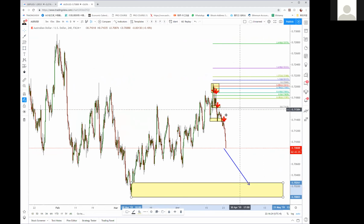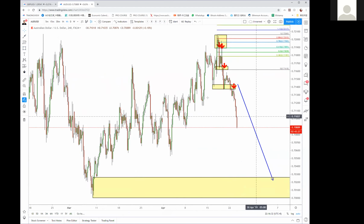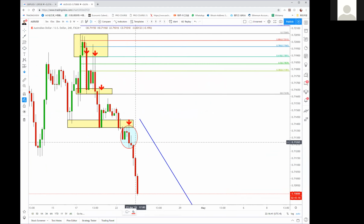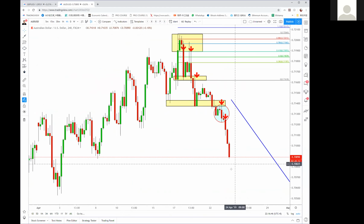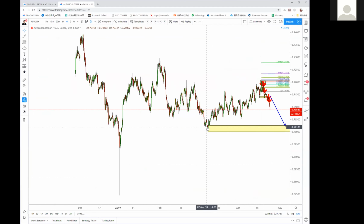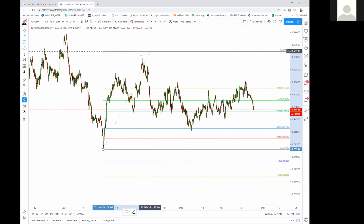So just hold your short, finding pullbacks to sell more before this downtrend is over. When the Aussie is still in downtrend, selling the pullback is the best strategy. I'm trying to find this kind of inside bar to take another short here, so that you can make a lot of money. So do not buy Aussie when it is testing 0.7026. I think it's likely to hit this level, and even break a new low. Just to give you another feeling,